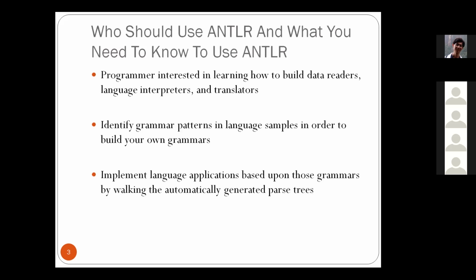So who should use ANTLR? And what do you need to know? Programmers who are interested in building data readers, language interpreters, and translators. Basically, like what Prof. Ling mentioned, you have a set of languages or a lot of data strings that have semantic meaning. Semantic meaning, for